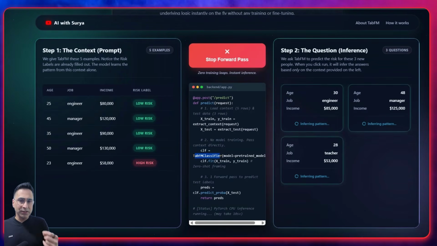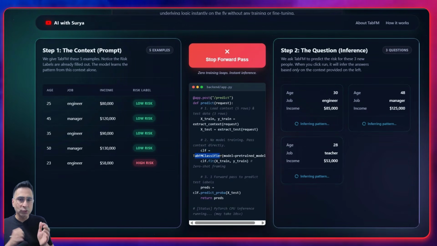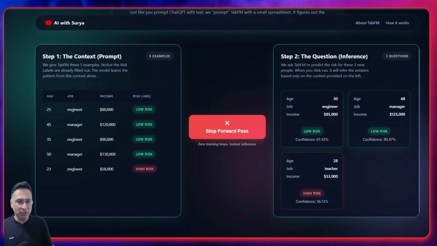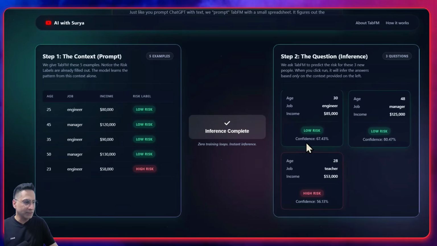If you're running predictions at massive scale or you need to squeeze out every last point of accuracy, a custom trained machine learning model will still win. But for "I just need an answer on this table right now, no machine learning team required," we don't need anything more than something like this. So you can see it just completed while we were talking,